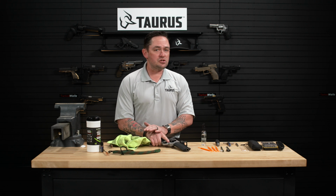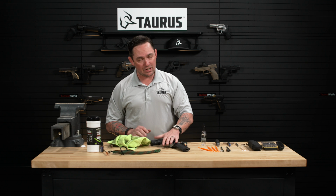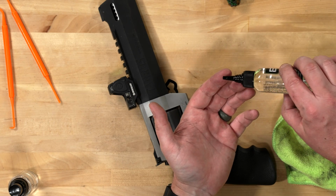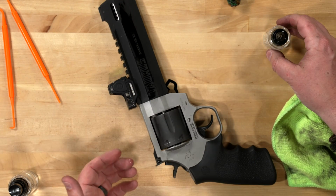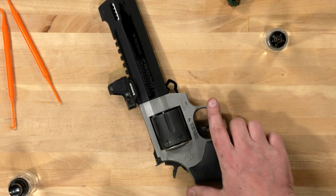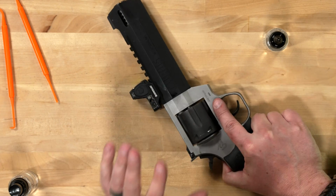And again, if I was going to store this, if my hunt for the year was complete, I'm going to go ahead and lubricate the entire surface of this gun with a very fine coat of oil. The easiest way to figure out what a fine coat of oil is, is to actually apply a bit to your finger and use that to lubricate all over the gun. You'll see how the metal can kind of change color when it's been lubricated. You'll do that over the entire surface of the gun, and that would make your gun appropriately lubricated for long-term